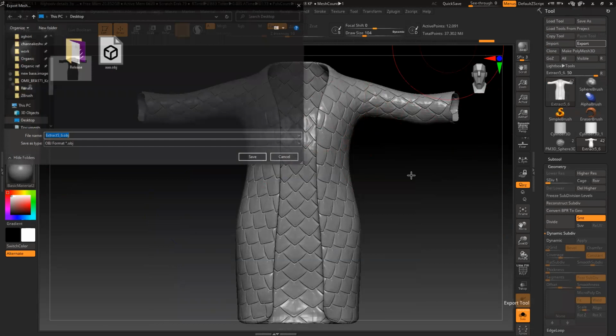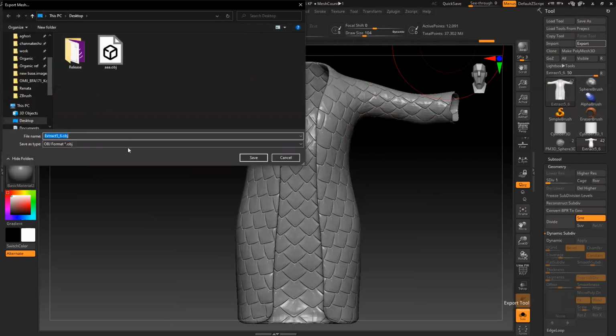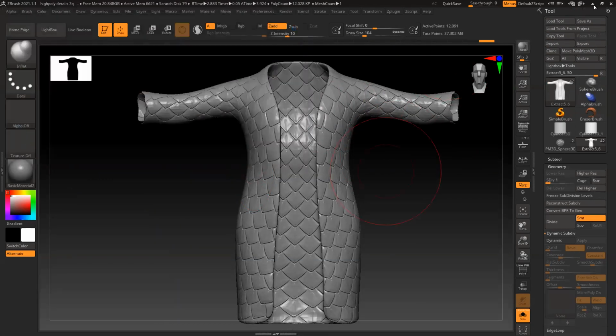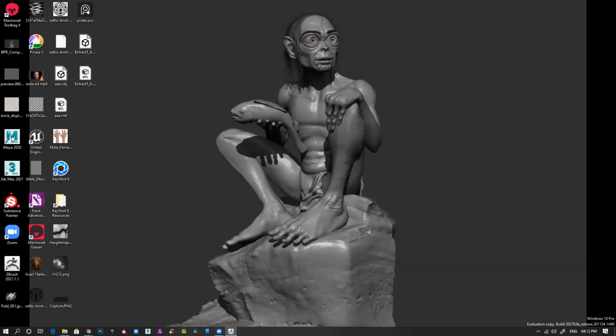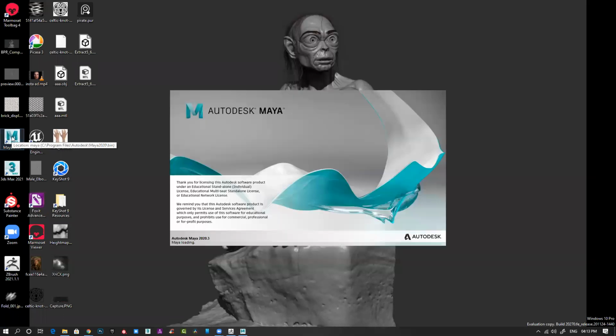Export the lowest division. Don't change your model at all. Export it, open your Maya, Max, anything, and open this OBJ in your Maya, UV it correctly. Make sure all the seams are right, do not modify, not even a single vertex. Do not modify anything. Just update the UV and save, export it back to the same OBJ and import it back to ZBrush.